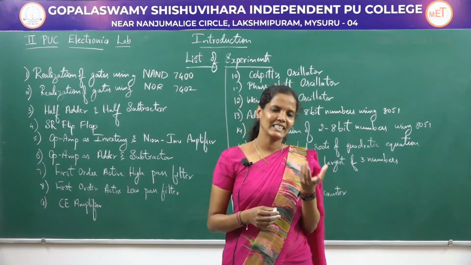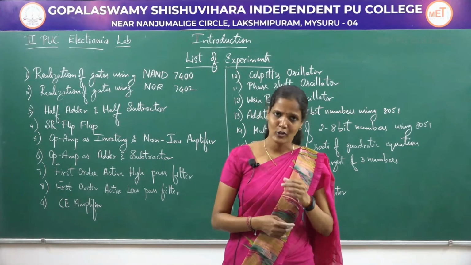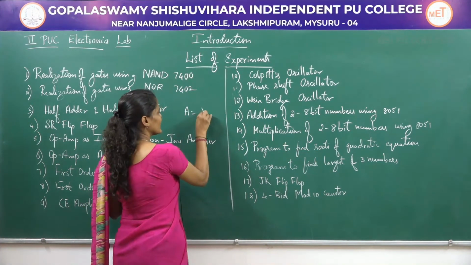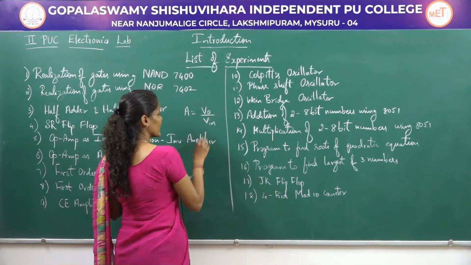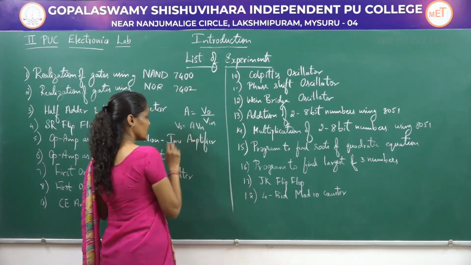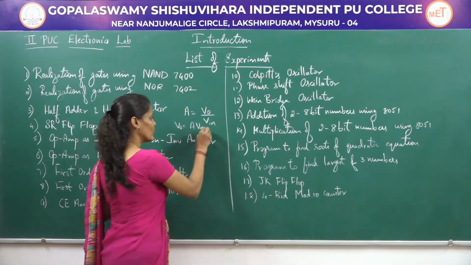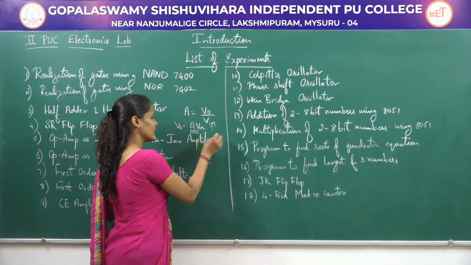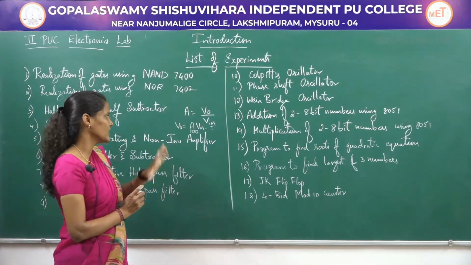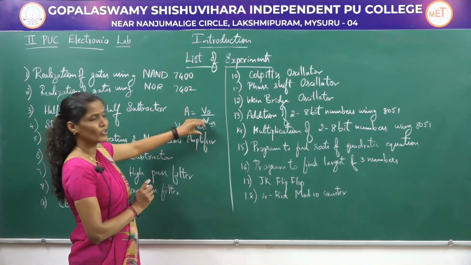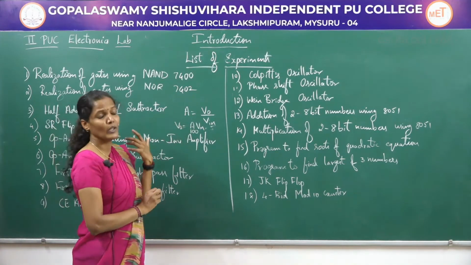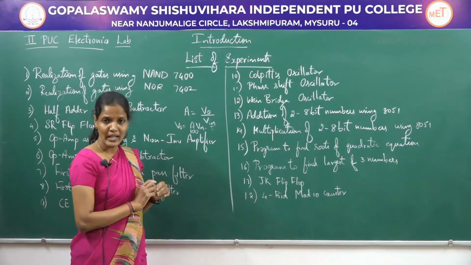Gain is nothing but the multiplier. The gain of an amplifier A is nothing but output voltage divided by input voltage. So, output will be equal to A into Vin. Suppose I am applying an input voltage of 5 volts and the gain is equal to 100, the output voltage will be equal to 5 into 100, that is 500. So, the input voltage which was just equal to 5 volts will now appear at the output in an amplified version of 500 volts.